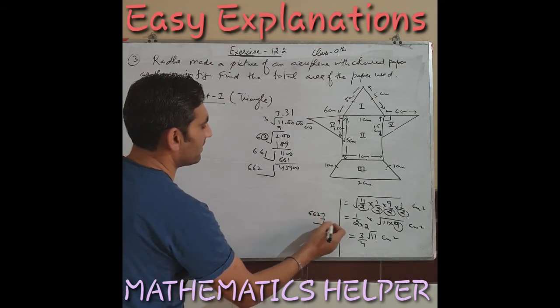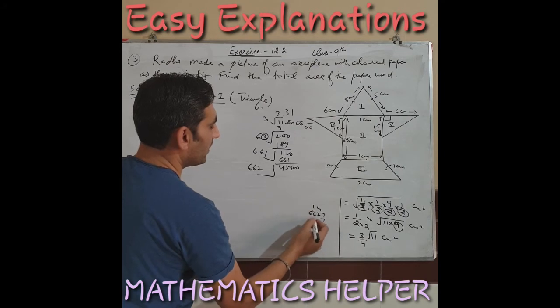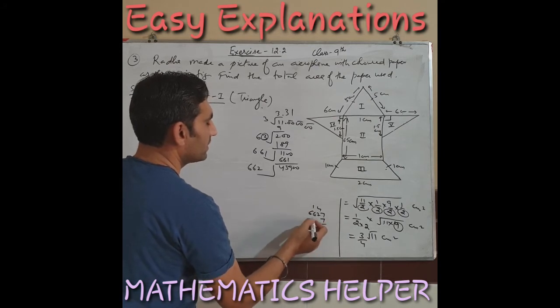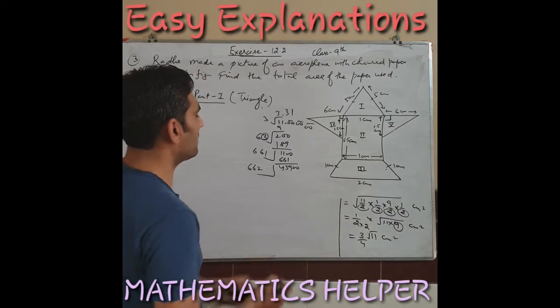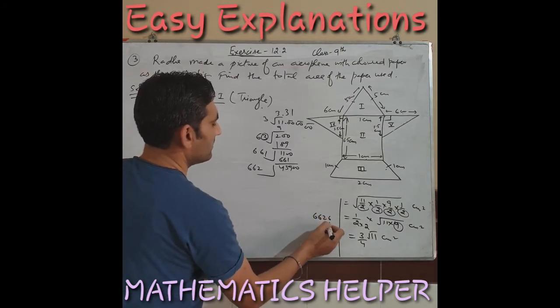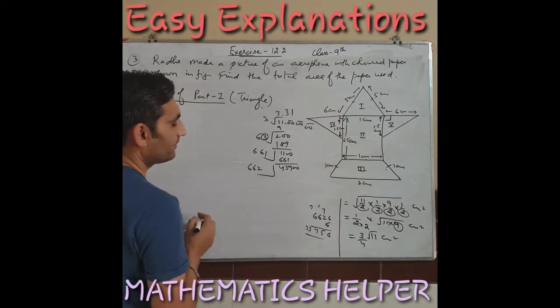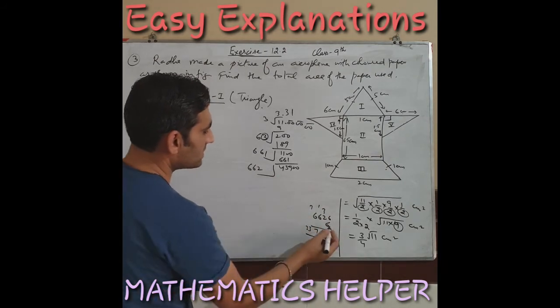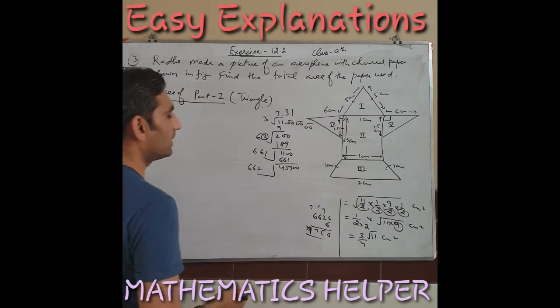For example, if I write 7, 49, 14 plus 4, 18, 1 left, 43, 3, 4 left. It will be more. So we will try with 6 here, 6, 6, 2, 6. It will go on 36 here, 3, 15, 1 left, 37, 3 left, 33. So let's see what answer will be. It will be 39,